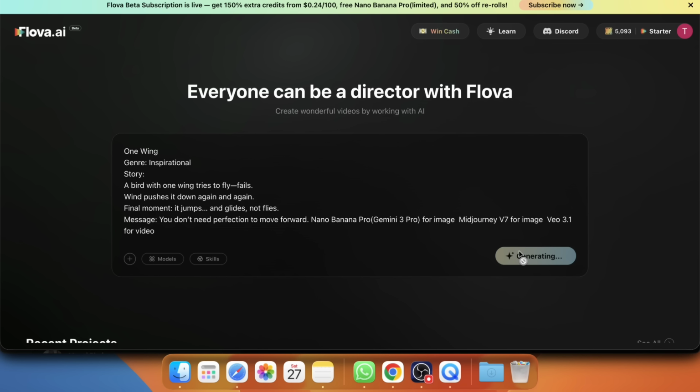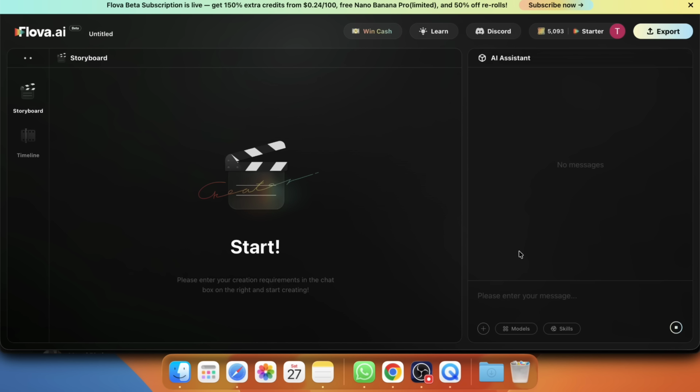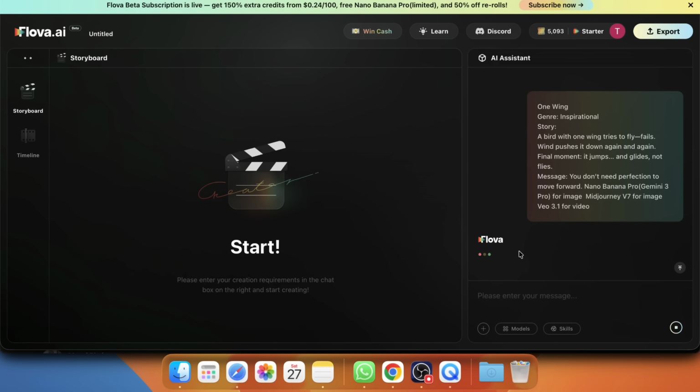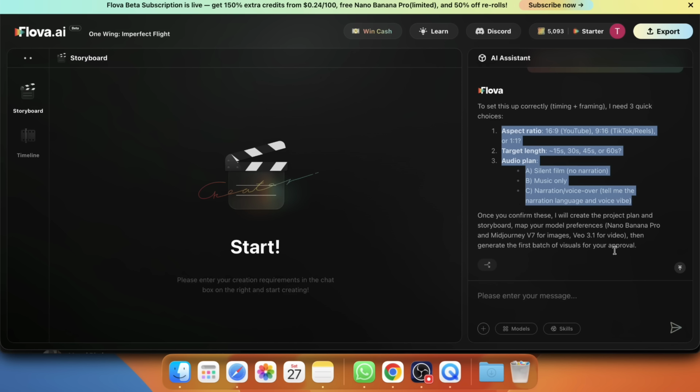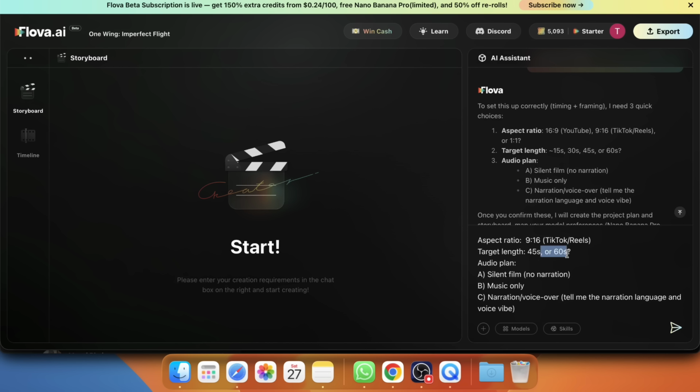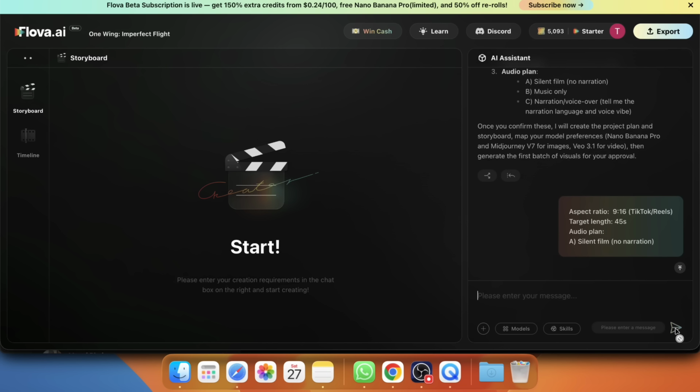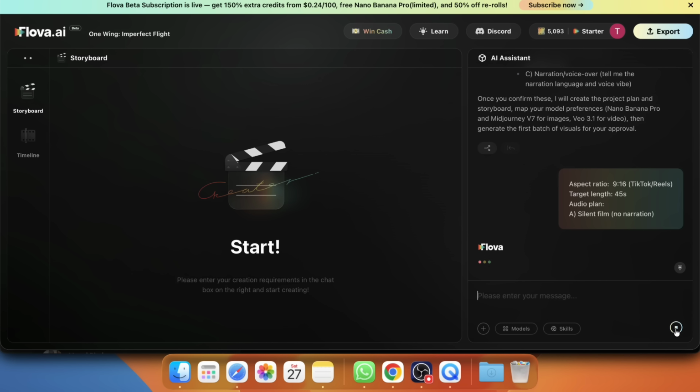At this point, Flova AI starts analyzing the idea. Instead of doing everything at once, it works in a conversational, step-by-step way, almost like planning a project together with a teammate or a friend. Before moving forward, the first thing Flova asks me is about a few basic details: the target duration, the aspect ratio, and the video language. So I'll simply respond. I'll go with 45 seconds for the duration, 9:16 for the aspect ratio,